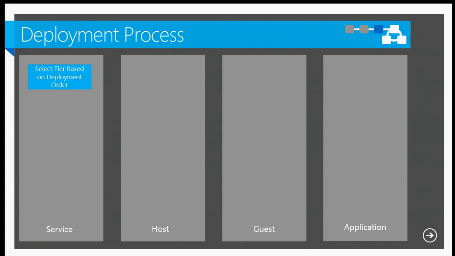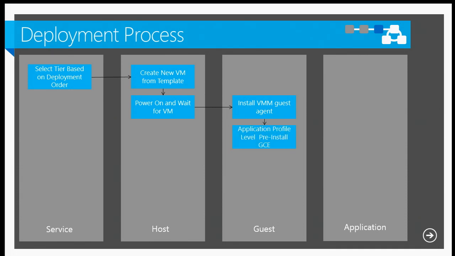Now if you had multiple tiers, you can set which tier should be deployed in a specific order if you needed to. For some reason, one tier needed to be up before the other or something like that. Then once it selects the tier, it's going to create the new VM for that host, and then it's going to power on the VM and wait. Now at this point, it needs to connect, and it does this installation of the guest agent on the guest,